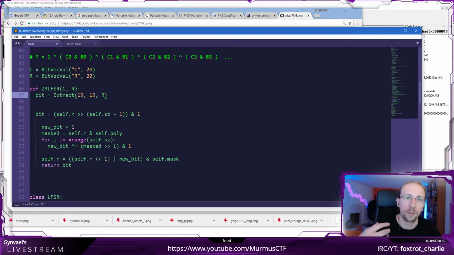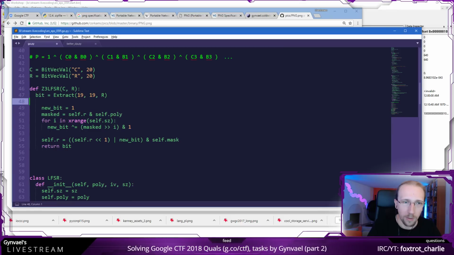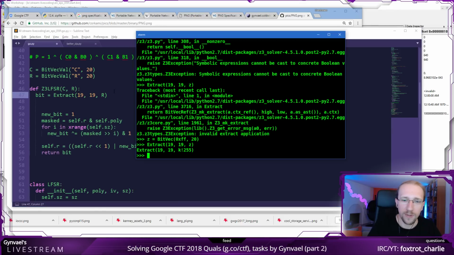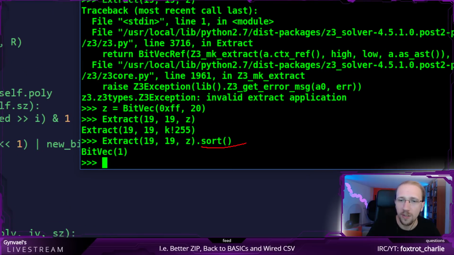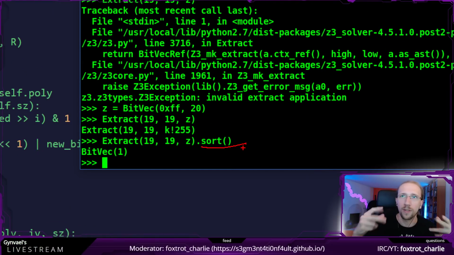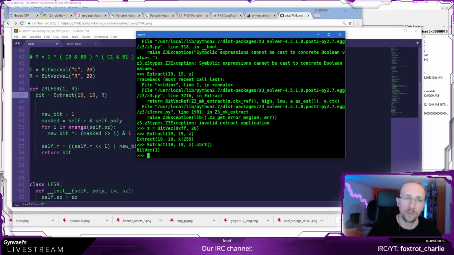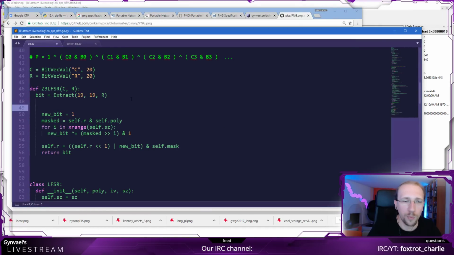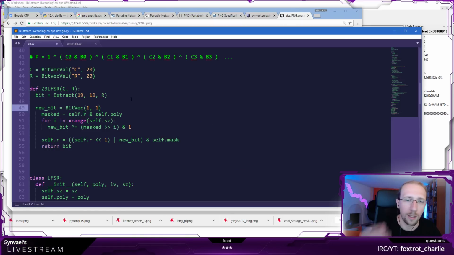from the register, and this is what I will return. It is only part of what I will return, but I will return it as well. Okay, and by the way, the size of it is only 1 bit. I think I can type sort, and sort is not like sorting, it's like what sort of a thing it is. And it's this 1 bit, is the type of it. So this is what will be there, but I also need to create a bitvec of the size 1 and value 1.